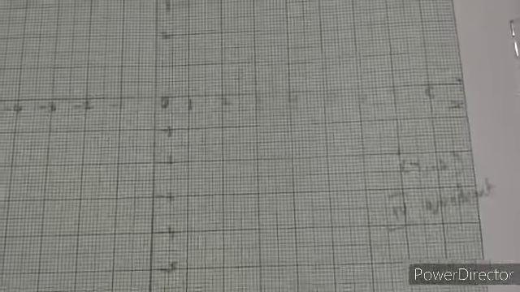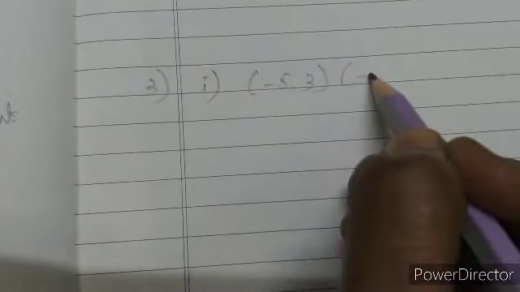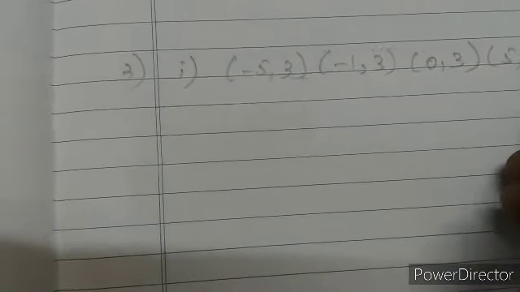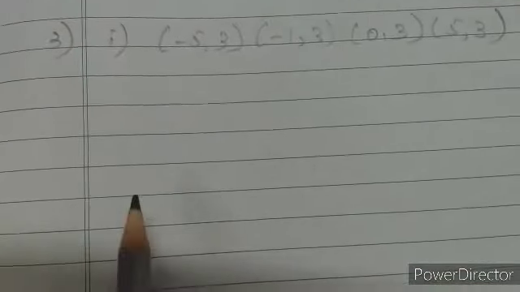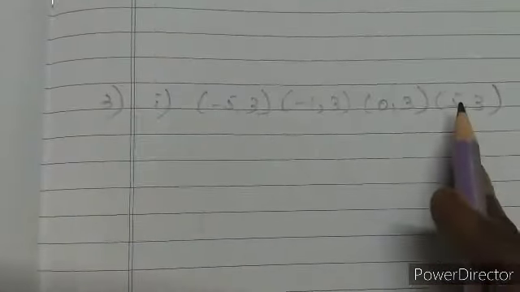Yes, ma'am? Let's try one more sum, question number 3, which is given on page number 193. Plot the following points in a coordinate plane and join them. What is your conclusion about the resulting figure? Question number 3, first subdivision: minus 5 comma 3, minus 1 comma 3, 0 comma 3, and 5 comma 3. First step, we have to plot the points and then we have to join them. Then we will write the conclusion about the given sum.